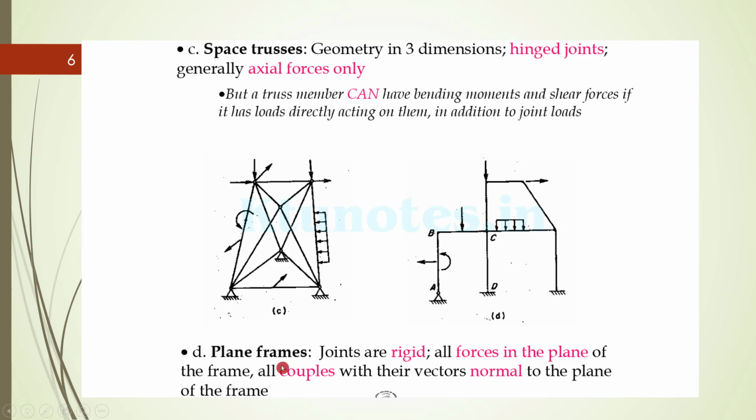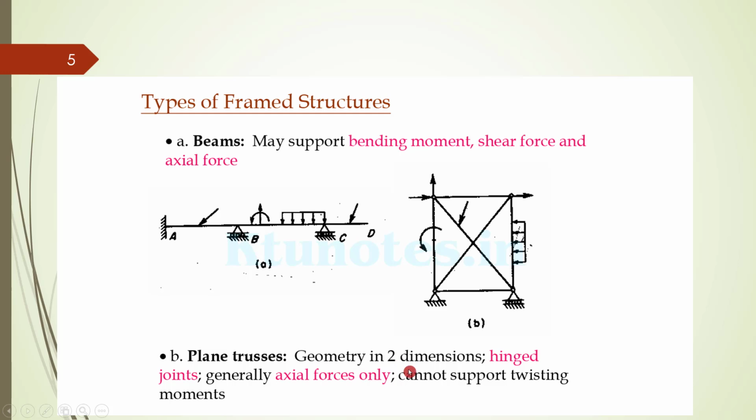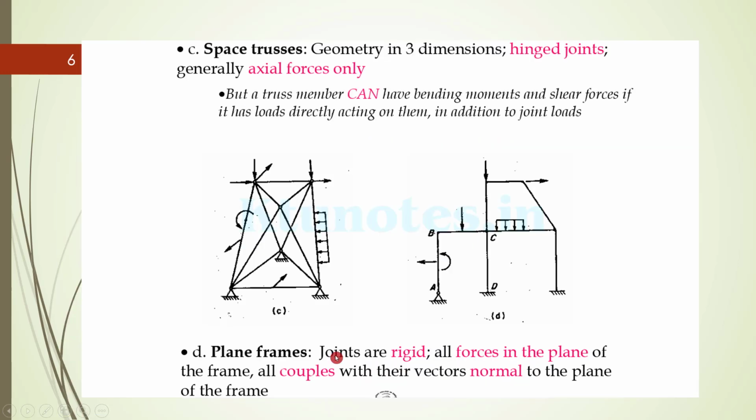Plane frame, same like it is two-dimensional. Here the difference is all the joints are rigid. So the difference between trusses and the frames is in the connection. Basically here in the frames, all the joints are rigid, which are capable of taking the bending moment, and all the